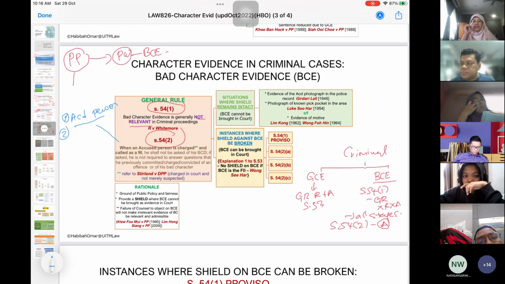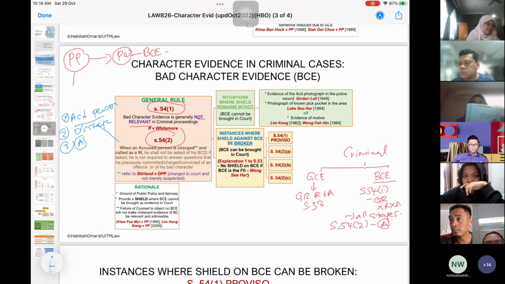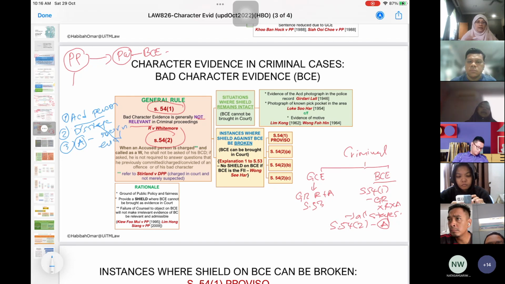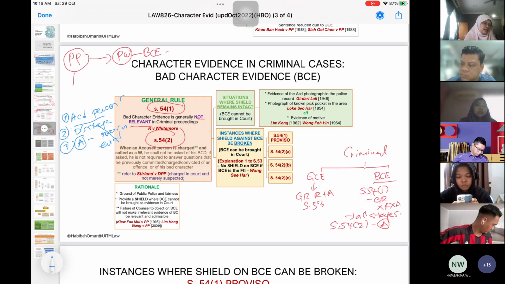So maknanya what kind of evidence is an accused giving at this stage? So it is a defense stage. Number 3, called as a witness, accused person choose to what? To give sworn evidence. Get the picture? Accused person choose to give sworn evidence. Yeah, a person charged, you're referring to the accused person, and called as a witness, maksudnya dekat defense stage, and